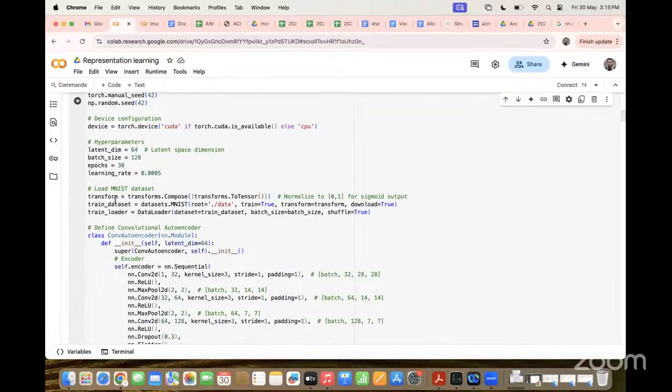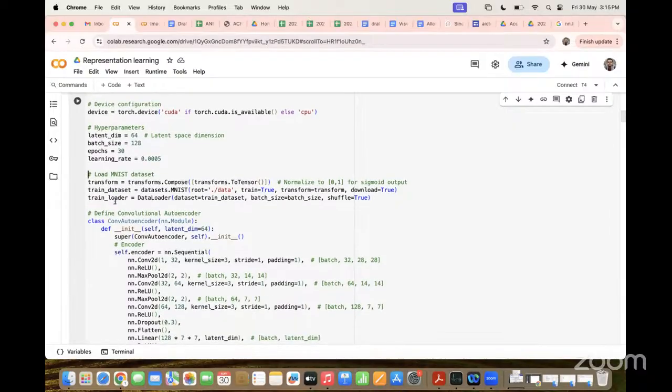Here we load the MNIST dataset. It's fetched directly from online, so no need to upload and set the path for it.